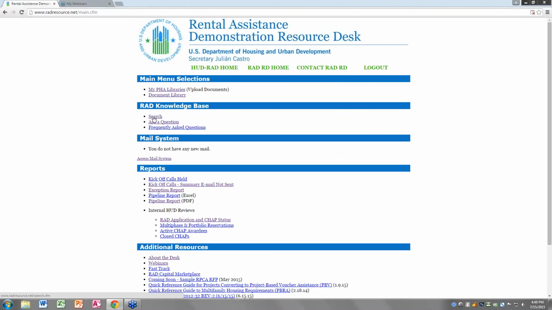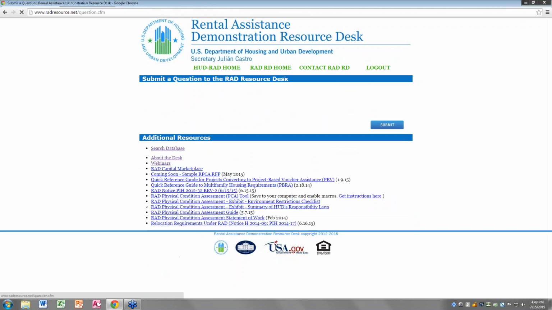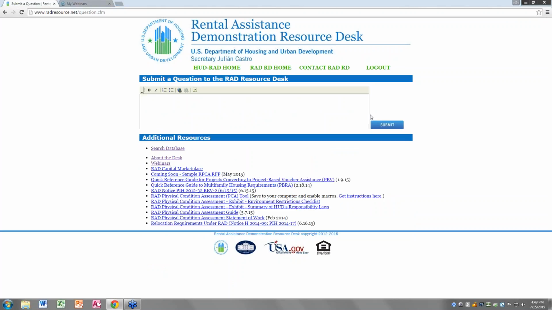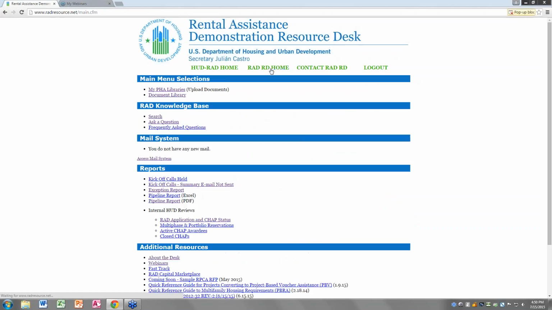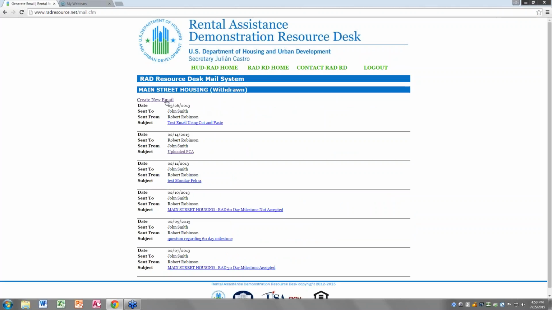They can ask a question here, if it's general or policy or something that they want to ask. If they truly want to ask you a question, then they can click on the Access Mail system, and that will let them send an email to you. Oh, okay, good. And that goes to one of the things that Jaime asked about earlier,